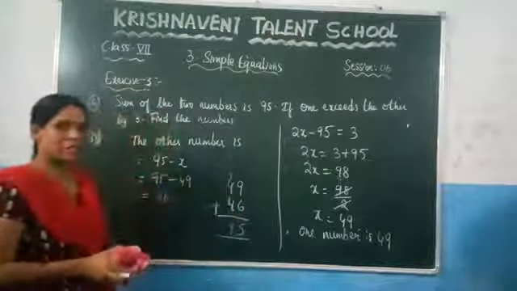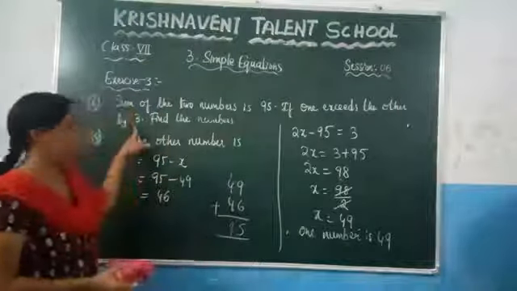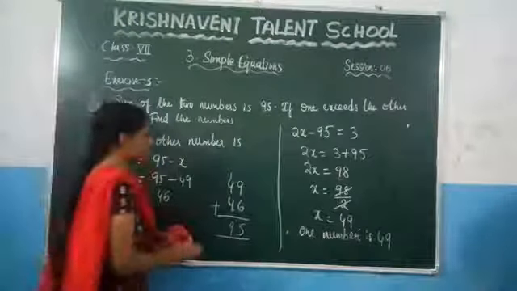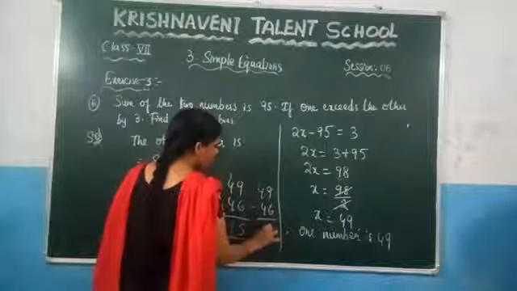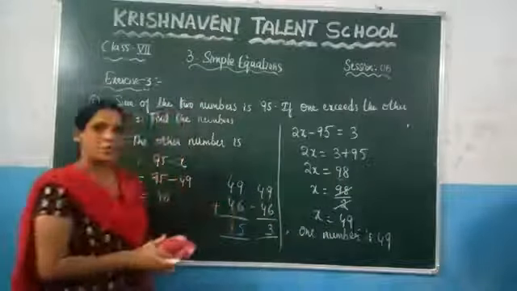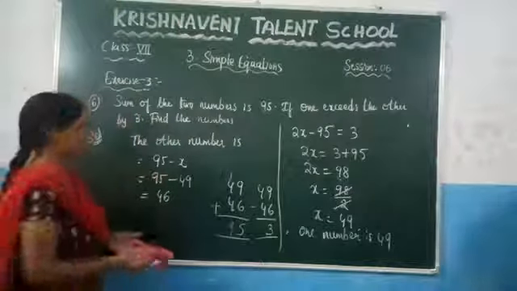And what they are saying is, if you are subtracting the same numbers, what you have to get? You have to get the answer as 3. Let us check whether you are getting it or not. 49 minus 46. What is the value of this? Which is 3. So like this, you can check it. This is the problem. Now see the next problem.